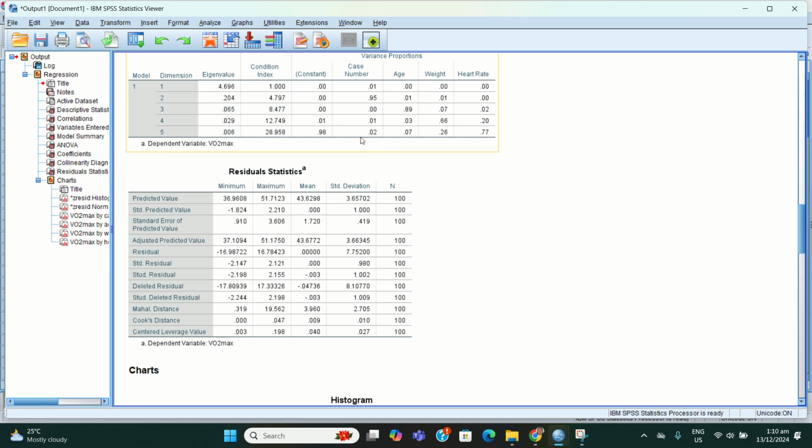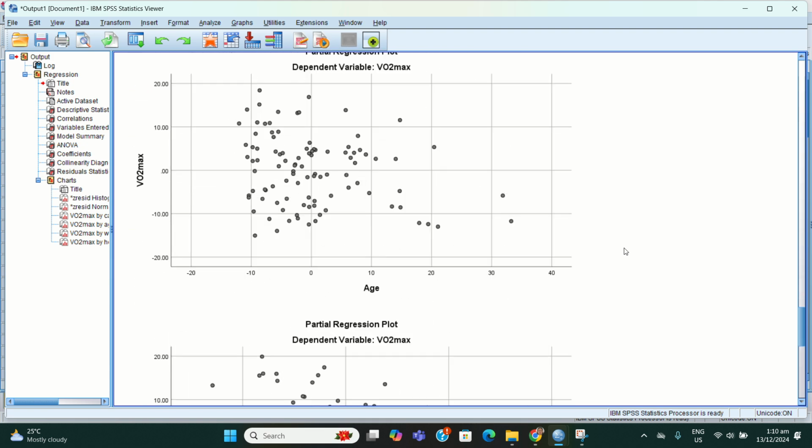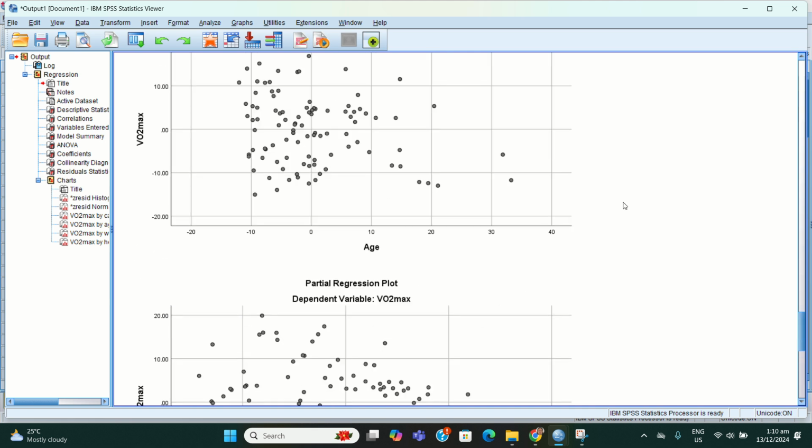All four variables added statistically significantly to the prediction, with a p-value less than 0.05. Okay, I think that's it for the multiple linear regression.